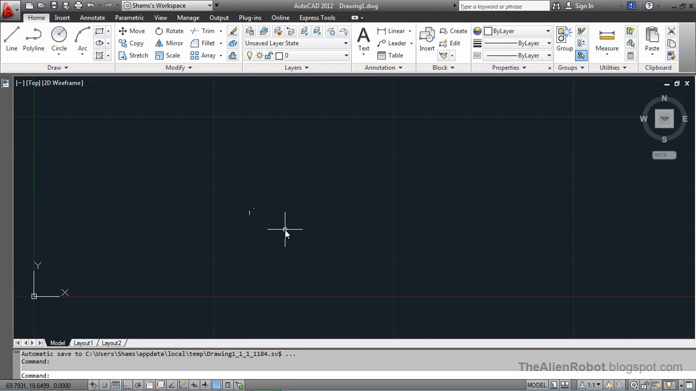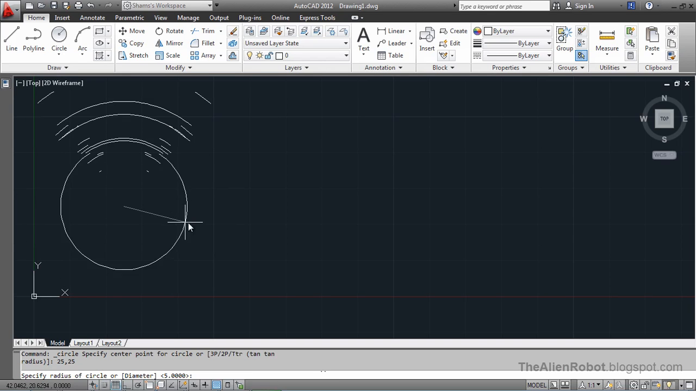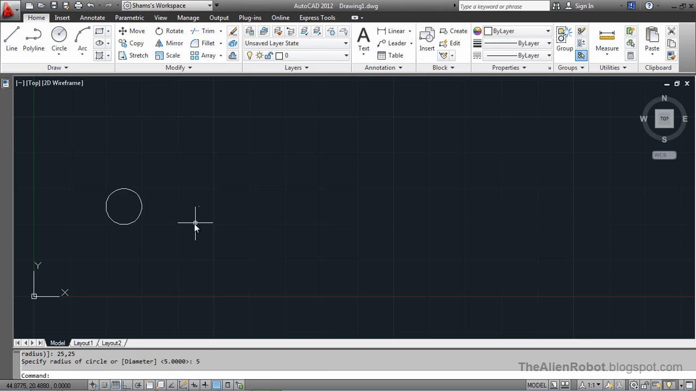Now we're going to create some circles here. I'm going to launch my circle command, and I'm going to create the circle with just coordinates. We're going to type 25, 25 and press enter. As you see, our circle has been created. We just need to give it a radius, and I'm going to give it a radius of 5 and enter, and here it is. I'm going to launch the circle command again. This time I'm going to type 75 in the X direction and 25 in the Y direction. Press enter and give it 5